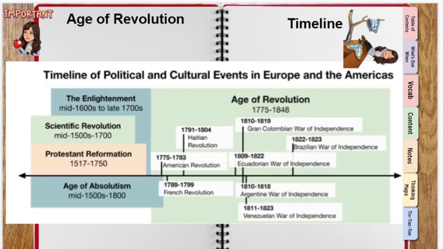So we look at our timeline here of all of the events that are happening around the world. So Age of Enlightenment, the Scientific Revolution, the Protestant Reformation, the Age of Absolutism, and then we see this dramatic shift with all these new ideas that have come from these non-political revolutions, and then we lead to the Age of Revolution, where these are more political revolutions inspired by these non-political revolutions to change their government. So beginning with the American Revolution, followed by the French Revolution, and then we'll talk about the Haitian Revolution and the subsequent revolutions in South and Latin America as a result.